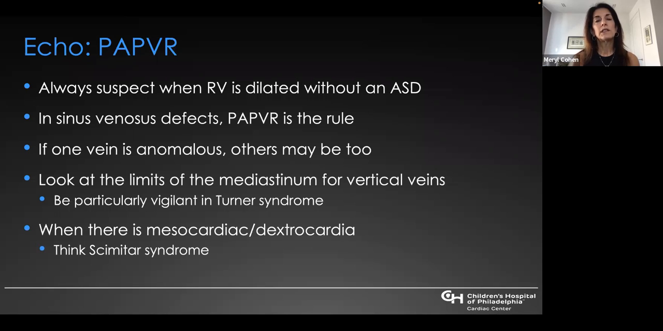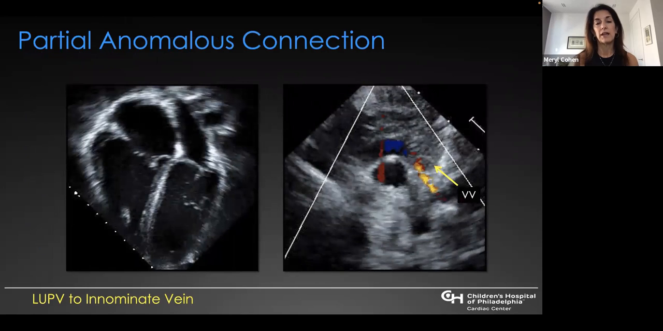And then if you see a newborn baby who you're evaluating for pulmonary hypertension and they have mesocardia or dextrocardia, you should always think about scimitar syndrome and try to identify if there's a pulmonary vein connected to the inferior vena cava. So this is exactly the setting I was talking about earlier, which is that you have a patient